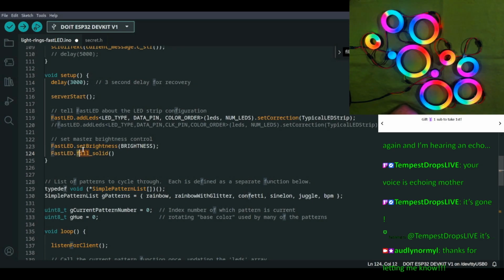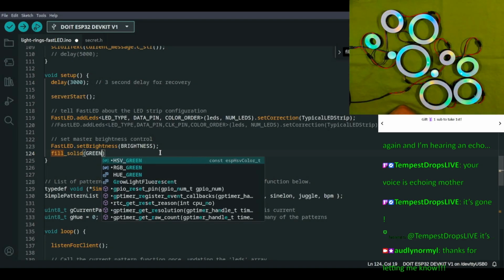Not really sure how this is going to work, so we're just going to try it with saying green.